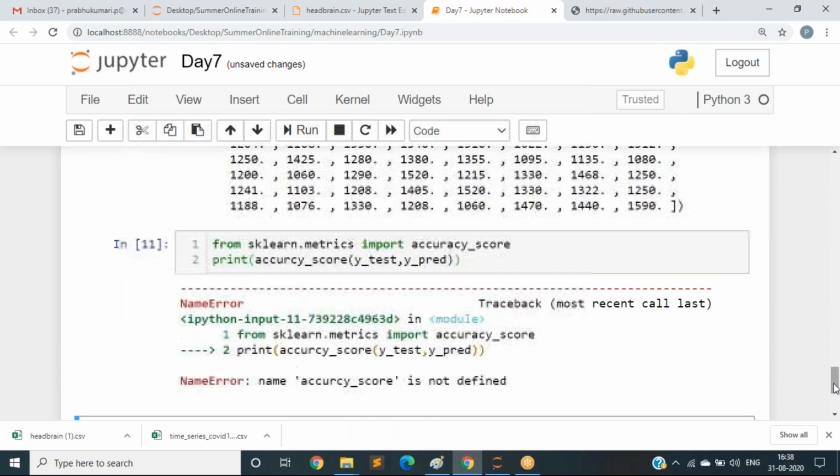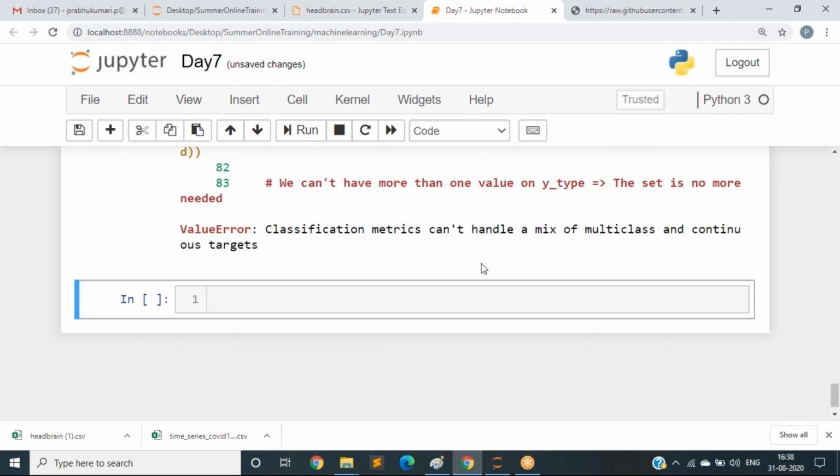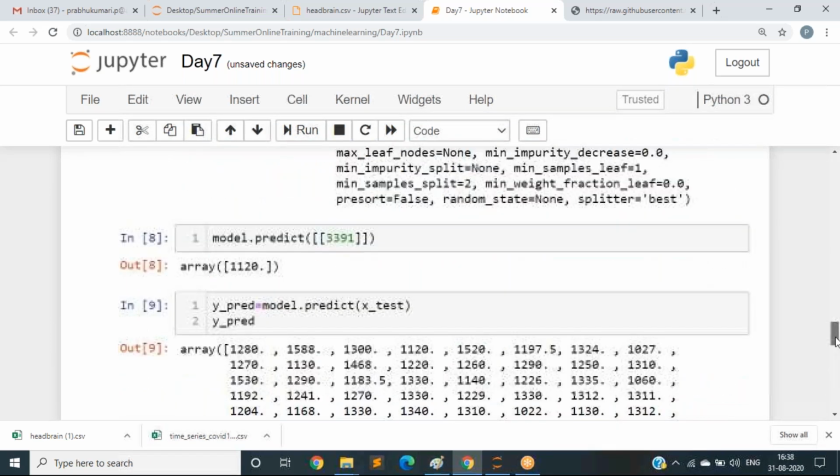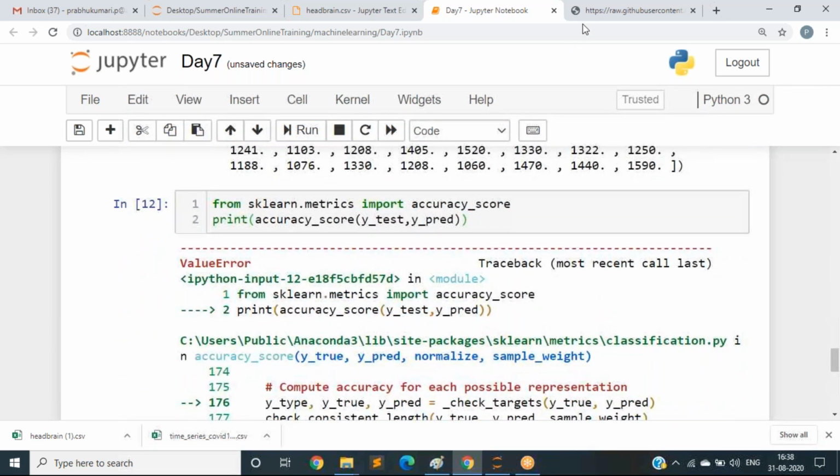I have written the spelling wrong. Classification matrix class, accuracy_score is the metric for classification algorithms.